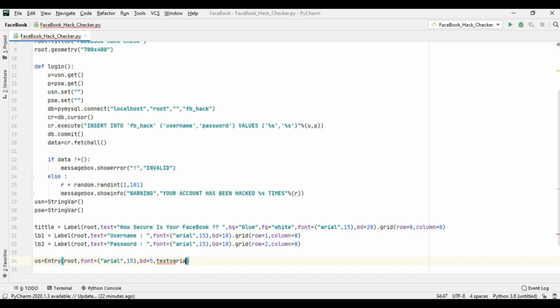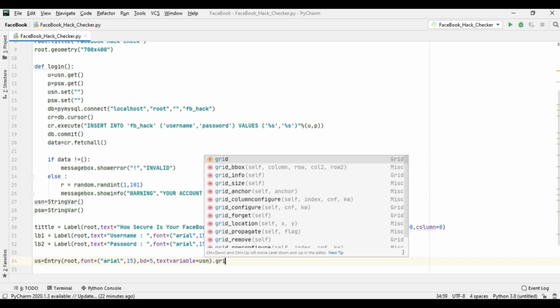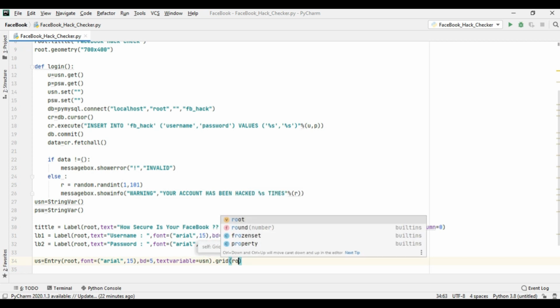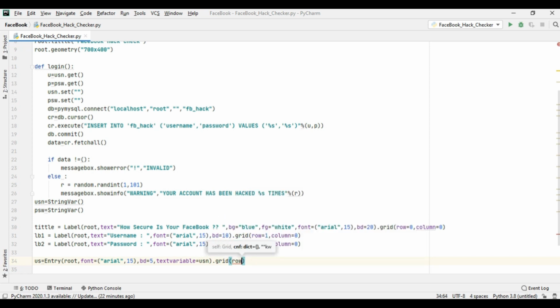Text variable equal to USN. So this will be against the username. So it will be row equal to 1 and column equal to 1. So this is for username.